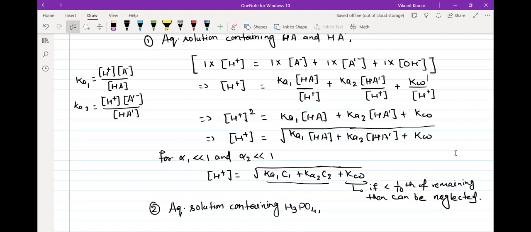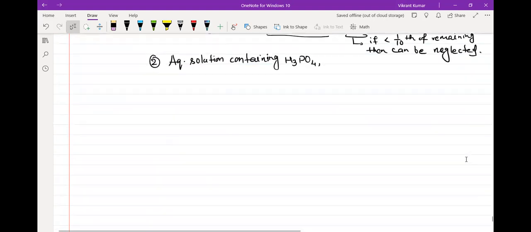Yes sir. Like what are the cations? Only H plus. What are the anions? H2PO4 minus, HPO4 2 minus, PO4 3 minus and OH minus. That's it. Everything else